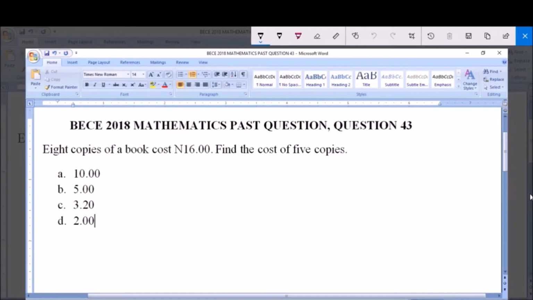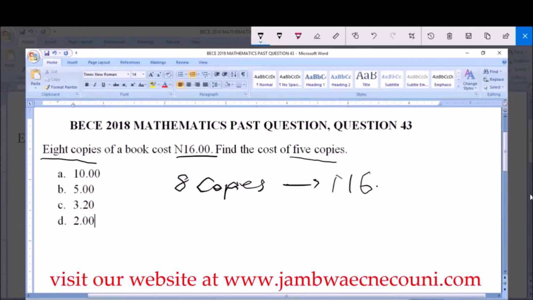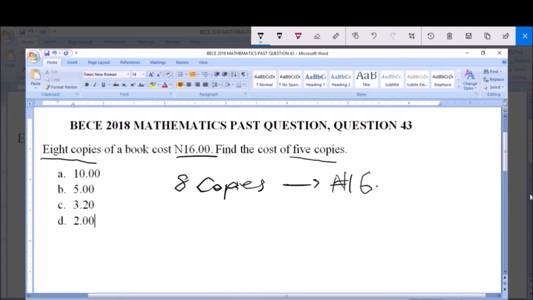So we are given that 8 copies of a book cost 16 naira, and then we have to find the cost of 5 copies. Now 8 copies cost 16 naira. Now we have to find the cost of 1 copy, so that after finding the cost of 1 copy, we can simply multiply the cost of 1 copy by 5 to find the cost of 5 copies. Now we have that 8 copies cost 16 naira, so therefore 1 copy will cost 16 naira divided by 8. That is 16 divided by 8 will give us the cost for 1 copy,